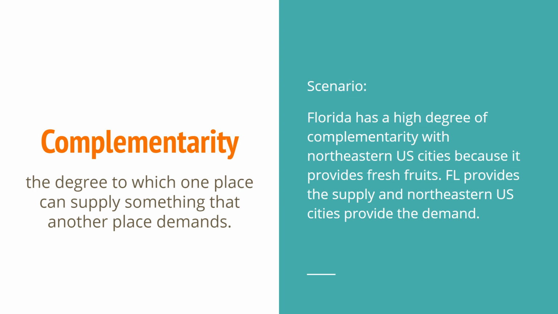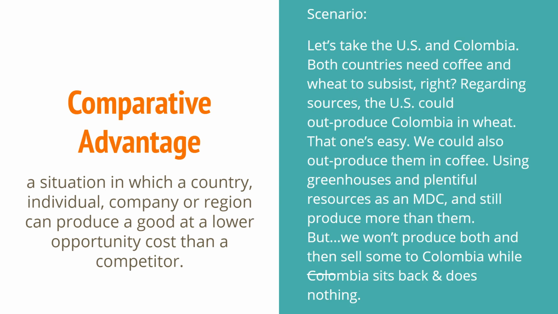Florida provides that, right? Northeastern can't do it themselves. They don't have the climate to do it. California has a lot of complementarity for a lot of agricultural products as well because of our Mediterranean climate. All right? Comparative advantage is a situation in which a country, an individual, a company, or a region can produce